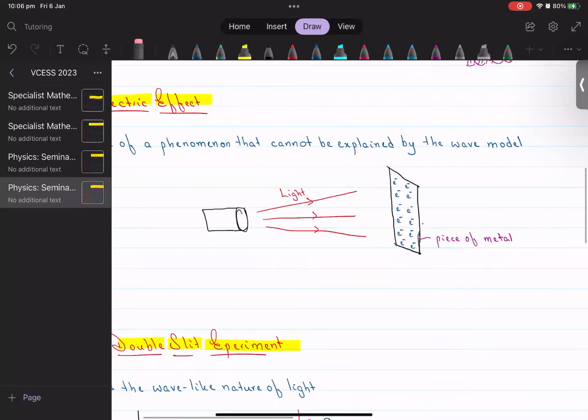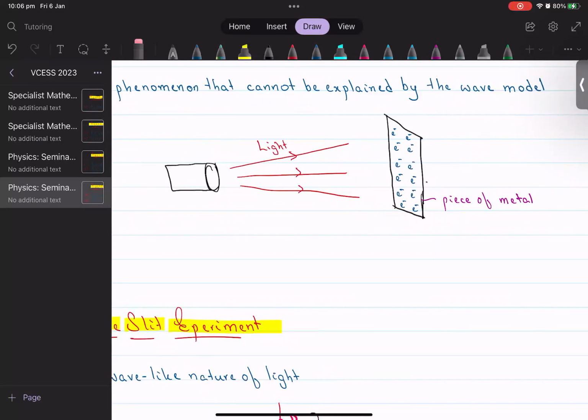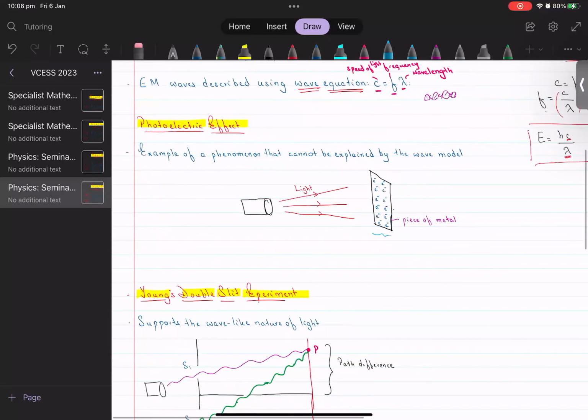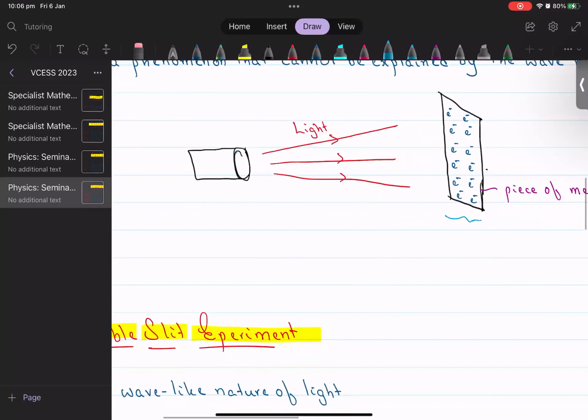So this is what the photoelectric effect basically entails. We have a piece of metal on the right here. I've drawn it here. It can be whatever you want it to be, as long as it's a metal. And you have a source of light here on the left. That's my drawing of a torch light, by the way. It's poor. So the idea is we switch on the light and we let it shine on this metal. And if we were to measure the amount of current or connect it up to a circuit, what we'll see is